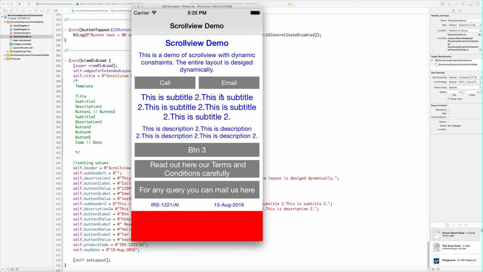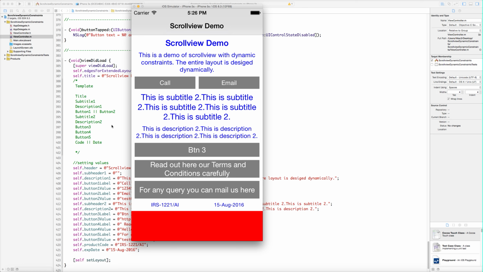This is button 1 and button 2, and these 3 buttons will cover the full width of the screen. And then at the bottom we have the product code and date. We can say this is the expiry date of the product. Again, these both labels are in one row, that is the labels are covering half of the width of the screen each.